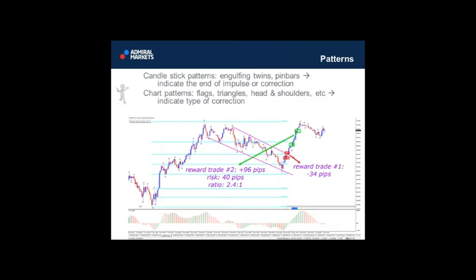In this case, I actually took two trades. One was a loss of 34 pips. The other one was a gain of 96 pips. Basically, I traded the first one at the resistance of that channel, anticipating a continuation of the channel. That didn't happen, and an hour later I took the breakout of that channel to the upside, which was successful. Now I'm not saying that it's always good to take two trades after each other, but this is just to give you an example of how you can trade the patterns in different ways and basically benefit from patterns